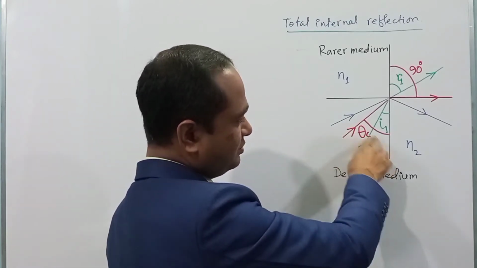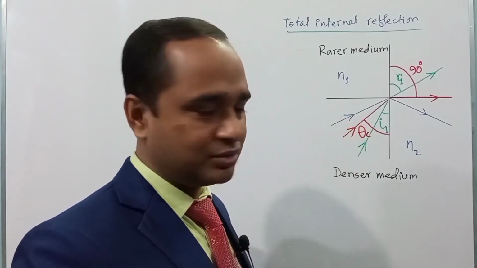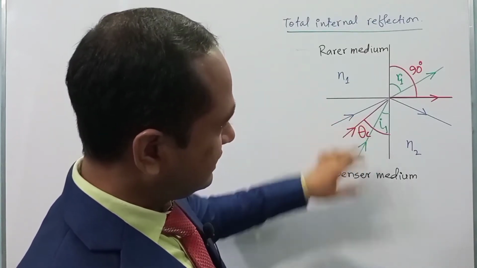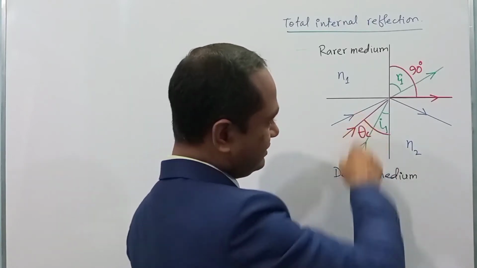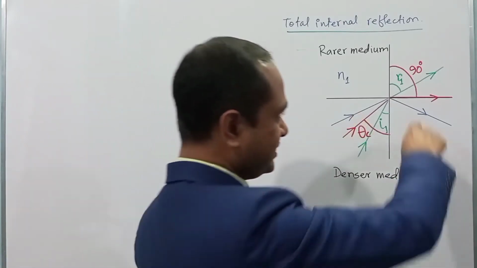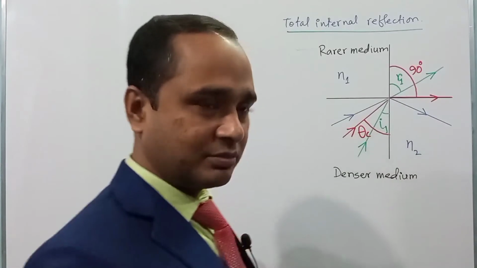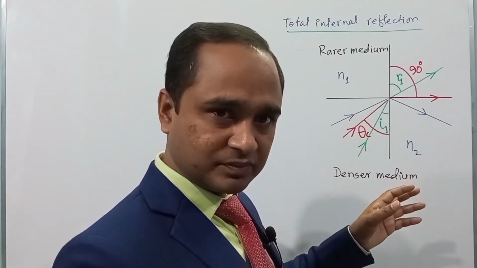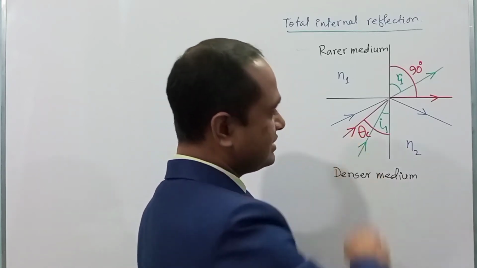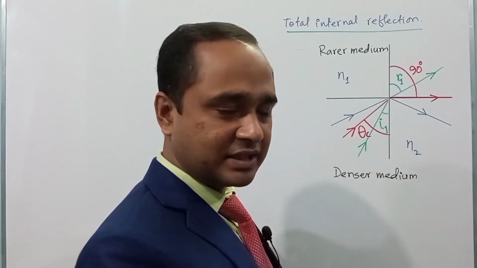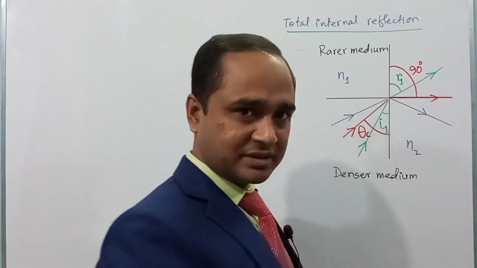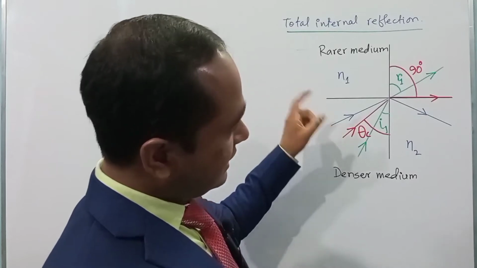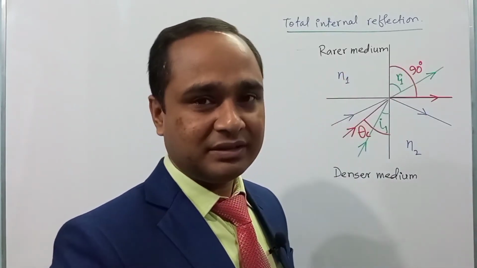that is, if the angle is more than the critical angle between the two media, which is indicated by the blue ray, and the angle here is more than the critical angle, so in that case the refracted ray will move away from the normal. So the angle of refraction will be more than the previous value. In case of theta c, that is, the critical angle, the angle of refraction was 90 degrees. If the incident angle is more than theta c, then the angle of refraction will also be more than 90